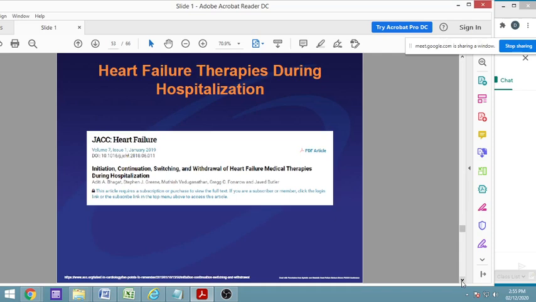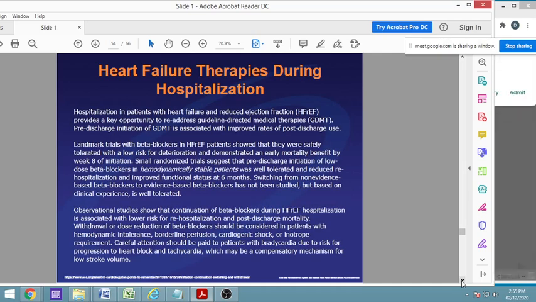Then, another therapy during hospitalization: there is another article from the Journal of the American College of Cardiology, JACC Heart Failure, on the initiation, continuation, switching, or withdrawal of heart failure medical therapies during hospitalization. So what is the impact of initiating therapy, continuing therapy, switching therapy, either drug or intervention, and withdrawing any treatment? It shows that